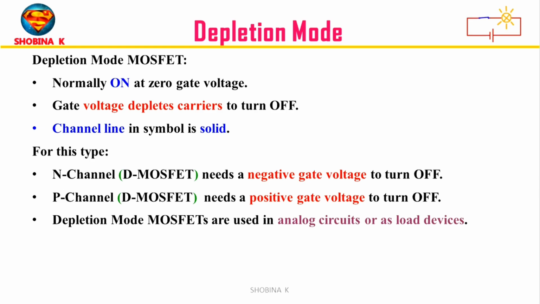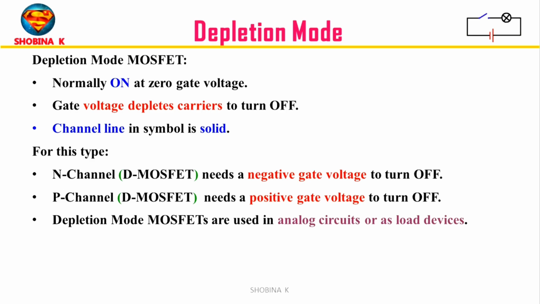Now if you want to stop the current, that is, to turn off the MOSFET, you have to block the road. Now how do you block it? To do that, give a voltage at the gate terminal, and that voltage pushes away the electrons or holes. So the road becomes empty or blocked. This is called depleting the charge carriers. You are just removing the people from the road. In short, to turn off a DMOSFET, we give a gate voltage that clears out the current path,